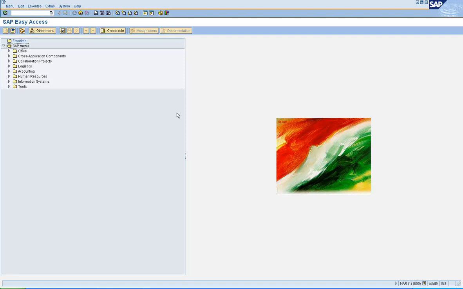Derived roles basically is a duplication of an existing role. Now, duplication of roles can be done in two ways. One is by copying an existing role. When you copy a role, the target role gets all the properties of the source role, including the user assignments. And then they become independent of each other. That is, there is no link between the source role and the target role. All you need to do is change the appropriate authorization field values in the target role and generate the profile.